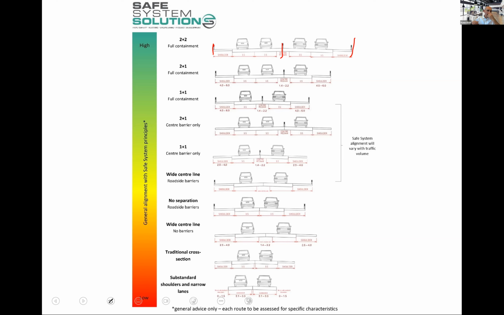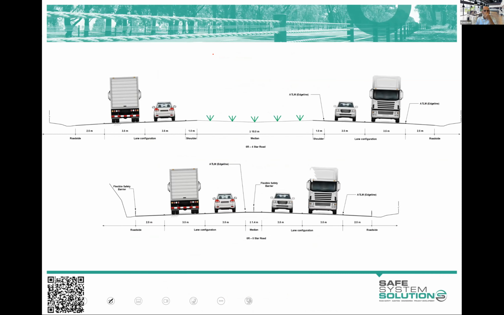So that's the ultimate. And you can see there's a bit of a hierarchy of alignment with safe system principles, and it gets a bit challenging and complicated. The practical implementation of it and the choices of when you do it, where you can afford to do it and where you roll it out next, they're all valid things to think about. But I do find these things interesting, a little bit hard to see the detail here.